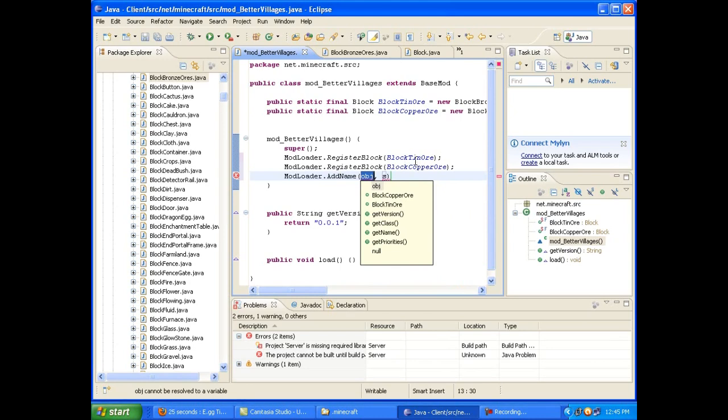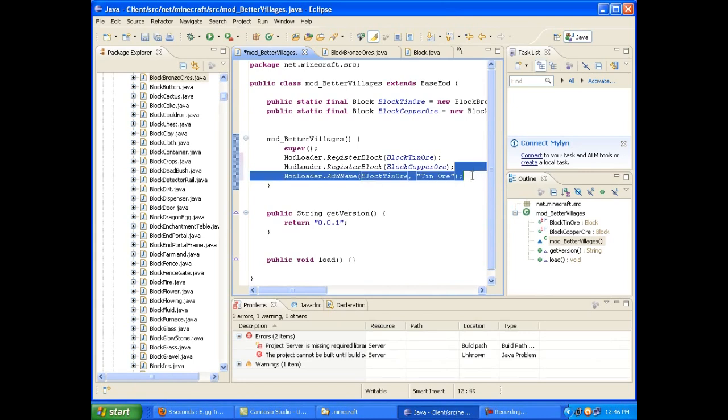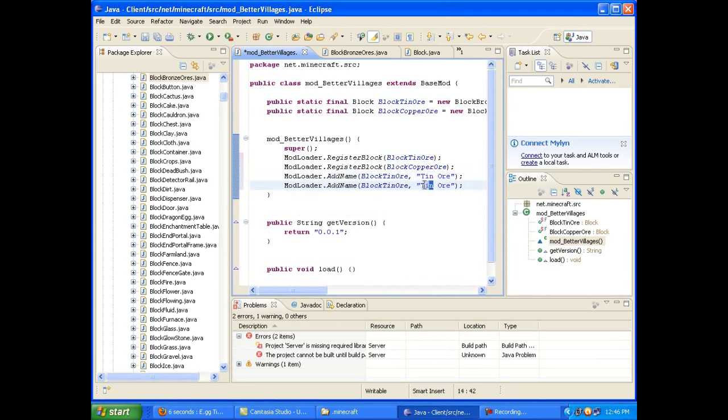So then you want to say block tin ore, this is the object you're naming, and then give it a name. In this case, we want it to be Tin Ore. This is the in-game name, so whenever you have it in your inventory or anything like that, this is the name that it will display. So you want to make sure this is properly capitalized and anything like that.